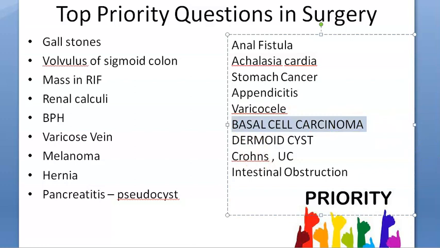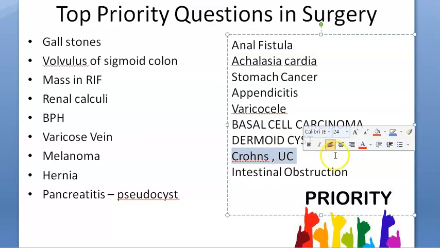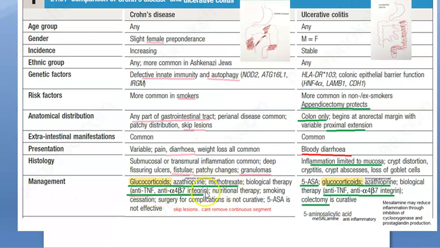Basal cell carcinoma, you should know rodent ulcer, that is rolled up margin. Dermoid cyst is benign cystic teratoma. It's a teratoma, it will have teeth, hair, etc. It can be in the ovary. Crohn's versus ulcerative colitis, how will you treat? In ulcerative colitis, you can do surgery, because it's continuous, and then you can also give 5-ASA, that is aminosalicylic acid. But in Crohn's, you cannot give both of this. Basically, for both of these conditions, you can give glucocorticoids, that is steroids, right? Then you can give azathioprine,